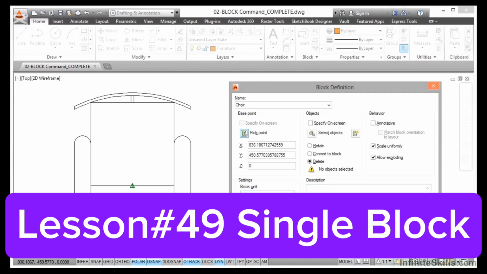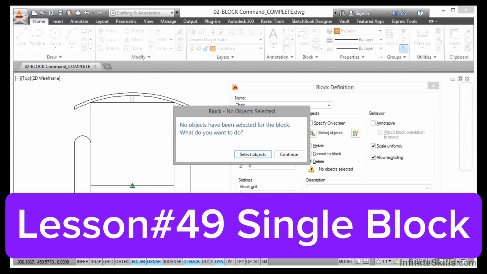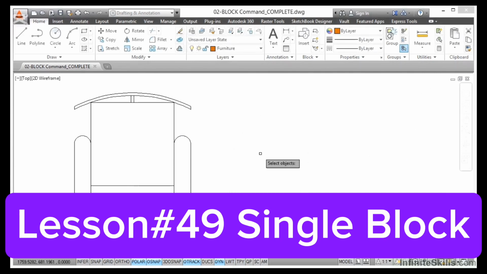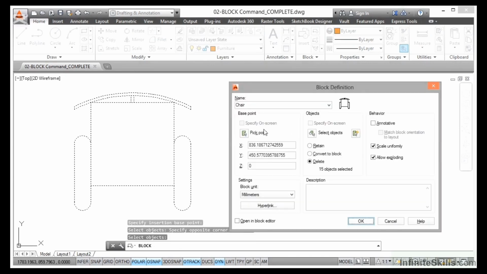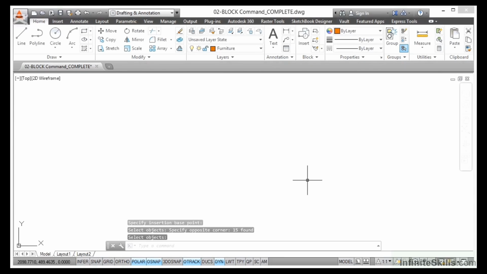So if I now click on OK, that will give me my block. Or will it not? Let's click on OK. No objects have been selected, so I select the objects first. Make sure I get all of them, so AutoCAD knows whether you've selected the objects or not. If I press enter or right click to confirm, it takes me back to the dialog box. I click on OK, I've created my block. Now I'm on the furniture layer,